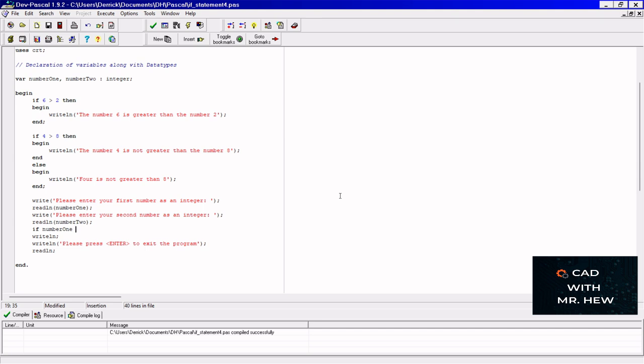If number1, which is our variable, is greater than number2, then enter, begin, all right, begin, enter, tab,